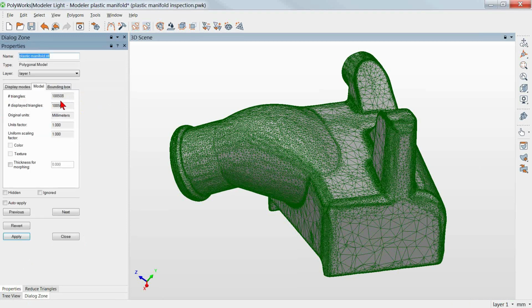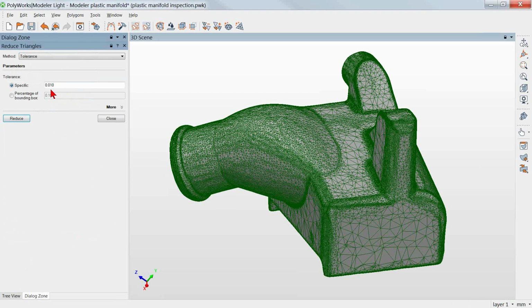Well, we went from 800 and I think it was 34, let's say 800,000 down to almost 200,000. That's close to 70% or maybe close to 80% of a reduction with a simple click. And the model has not changed more than 10 microns from its original. So this is a very, very powerful tool, and this is really good for people that have CT scanners where your polygonal meshes are in the hundreds of millions, if not close to a billion points or triangles that are there. We can reduce the size down within Modeler Lite and get you working a lot faster within your inspection